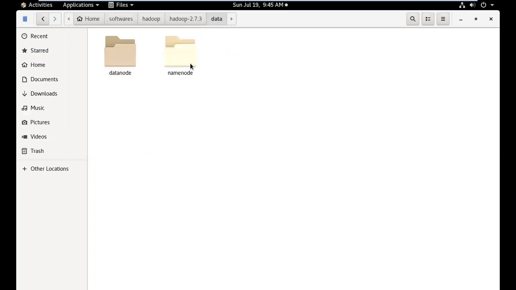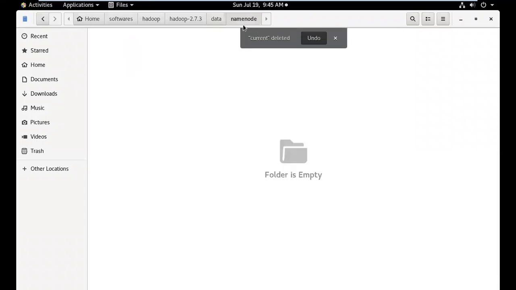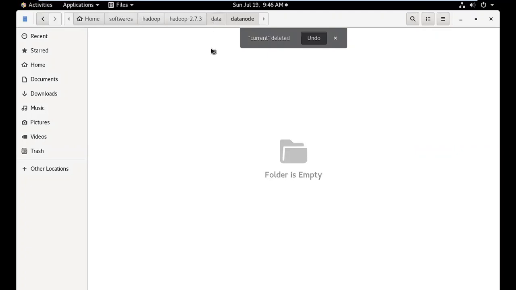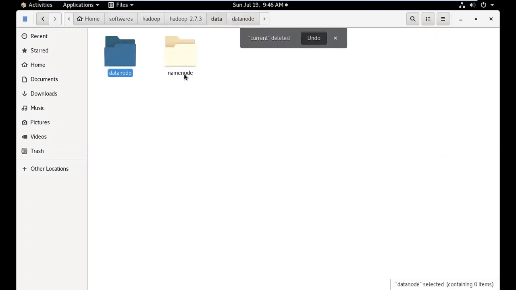Go to this name node, and anything you have inside this name node, delete it. Please follow this instruction. Don't delete the name node folder itself. Please make a note; have a pen and paper. Go to the name node and delete the content. I will tell you why I am doing this. Then go to the data node directory, and anything you see inside it, delete it. I've just deleted all the metadata in the name node and the data node. Now it is as if the cluster has not even started once, so we're going to start the cluster from scratch.